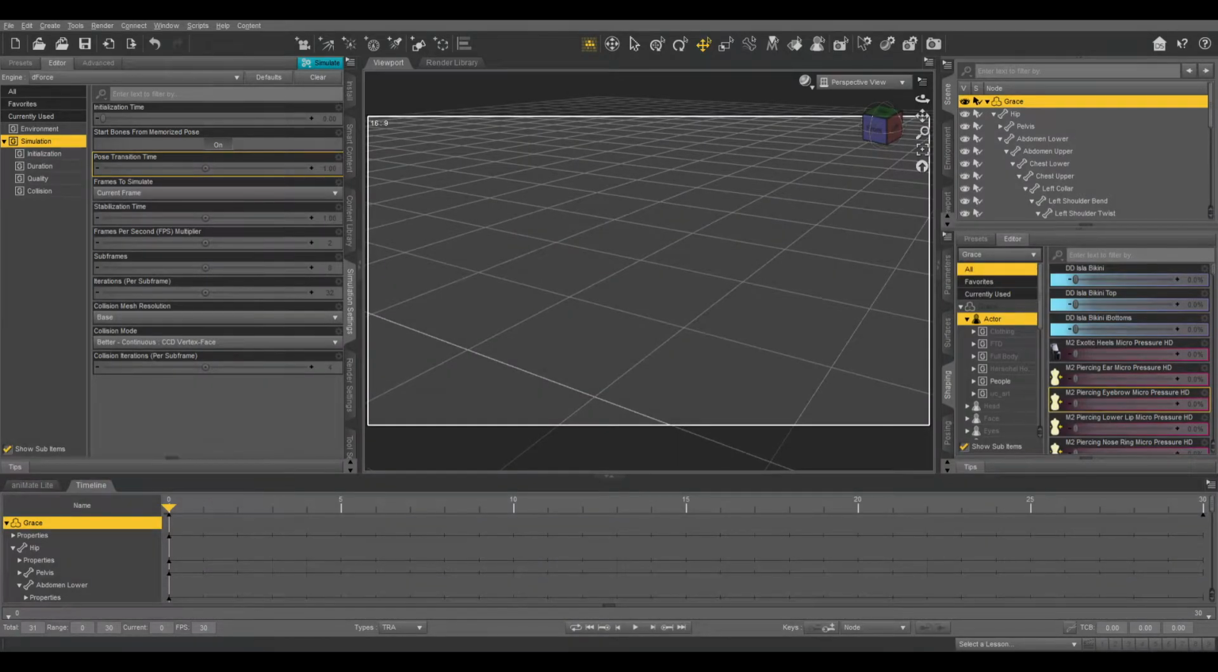Hello and welcome to the second of my DAZ3d tutorials. In this one I'll be showing you 3 tips that I have for how to get the best from Dforce